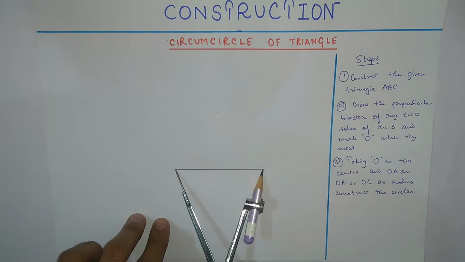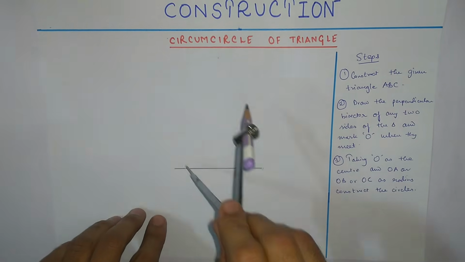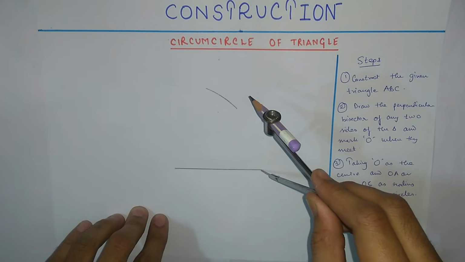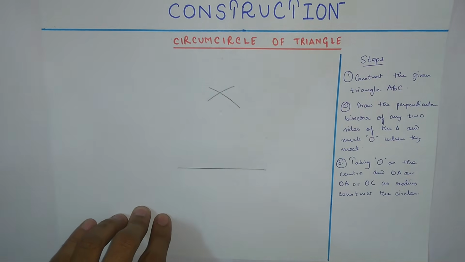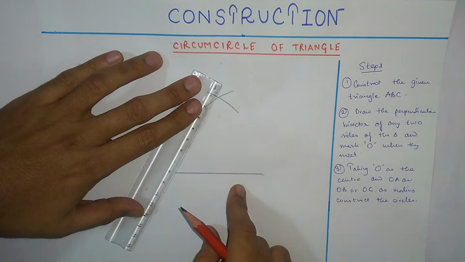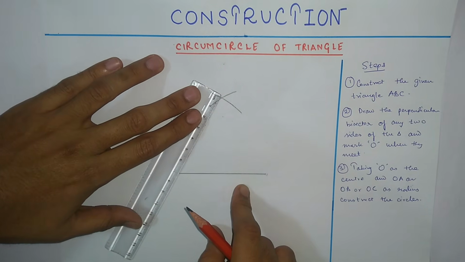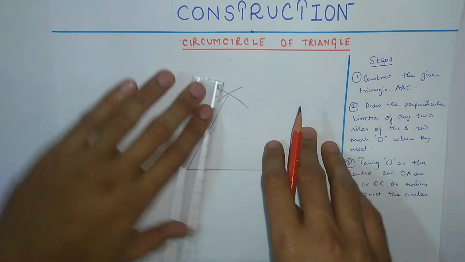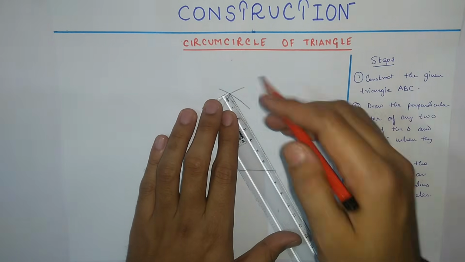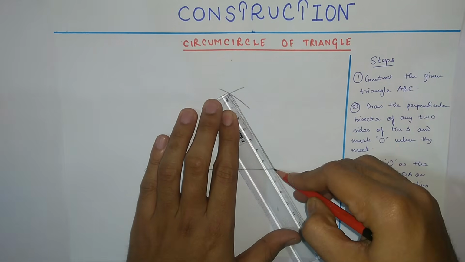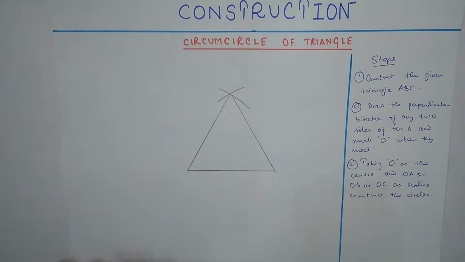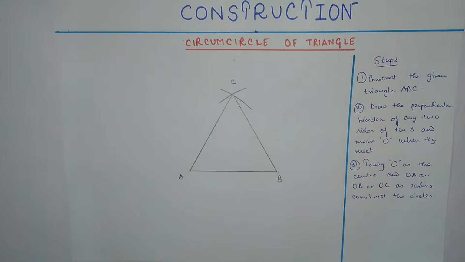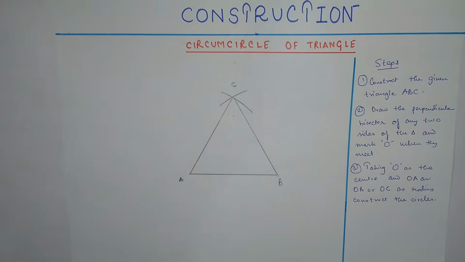This is 7 centimeter. I will join the 2 points with this point. Seven and 7. So this is the equilateral triangle. I'll mark it ABC, A, B and C. Now step number 2 is you have to draw the perpendicular bisector of any two sides